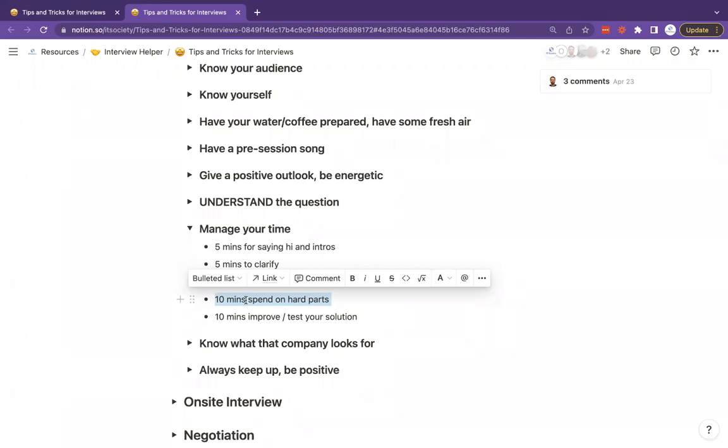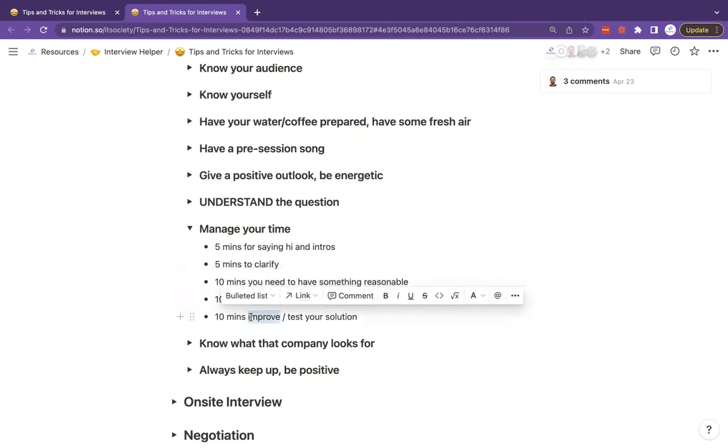So at that point, your brain will solve it, hopefully. And you will just implement very hard logic during this focused 10 minutes time. It can also extend to maybe 15 minutes or so. And the time that is left for you, like 5 to 10 minutes, try to test first, validate your solution with